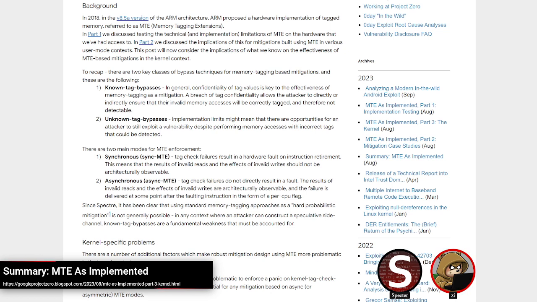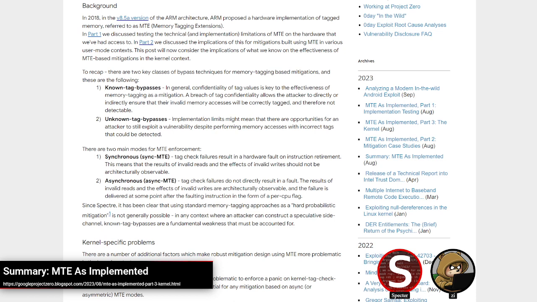And while async is weaker, I think it's the mode that we'll likely see more often just because it is much more performant. Not only performant, but also less power consuming. This is something the posts don't really go into, and I think it is part of why we haven't seen MTE get as much adoption as we might have thought. When you're talking about ARM devices, one of the big selling points of ARM is the power consumption, which is why it's good for mobile devices like phones.